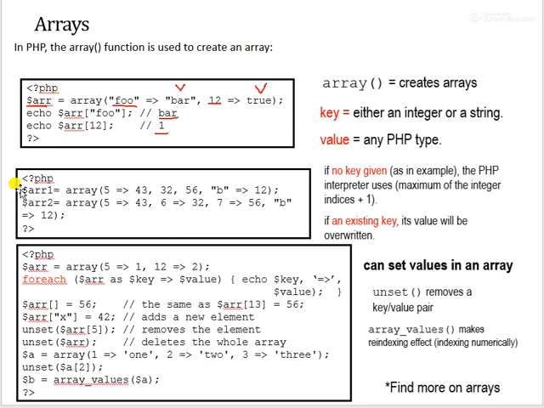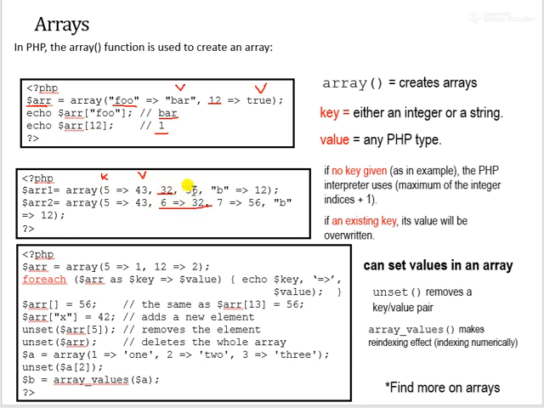Okay, here is another example. Here we declare an associative array again, but in this array the first key is 5 and the value is 43, and comma. Next we did not provide a key-value pair, we only provide the value 32. The key is not there. So what will be the key for it? The key will automatically be the previous key plus 1. The previous key was 5, so the key for this will be 6. It is equivalent to 6 => 32, these both are equivalent.